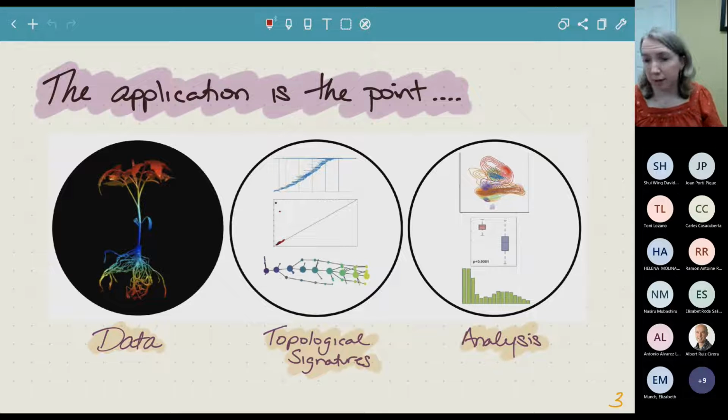We have some sort of input data, right? So scans of plants, time series, we've done things with proteins, anything where you have a lot of data points that you're trying to understand something about shape and structure. We turn this into something that I like to call a topological signature. We'll talk about some examples of these throughout the talk, but the idea is that it's some sort of representation of the underlying structure of the data